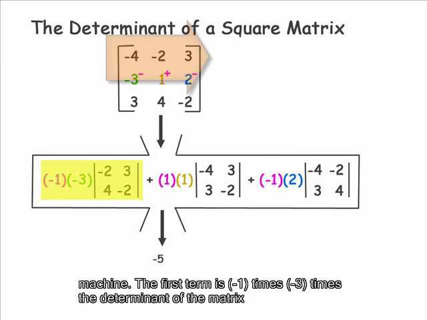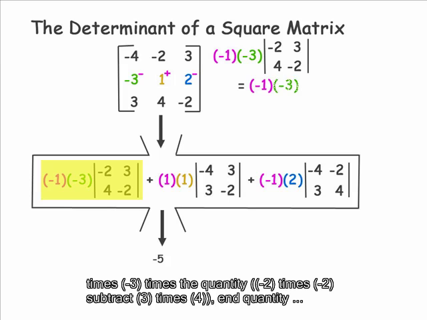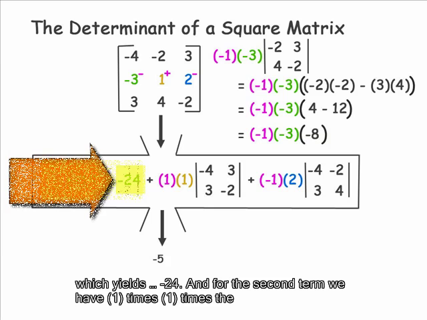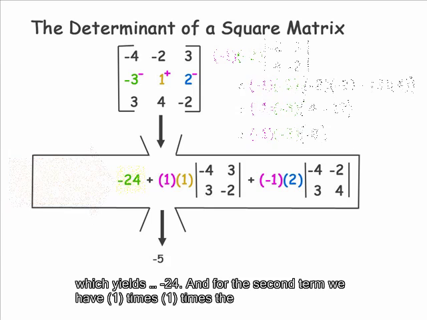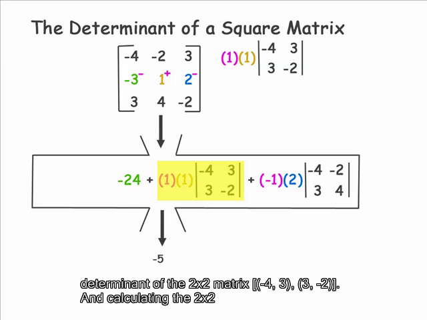The first term is -1 times -3 times the determinant of the matrix -2, 3, 4, -2. And calculating the 2 by 2 determinant gives us -1 times -3 times the quantity, -2 times -2, subtract 3 times 4, which yields -24. And for the second term, we have 1 times 1 times the determinant of the 2 by 2 matrix,